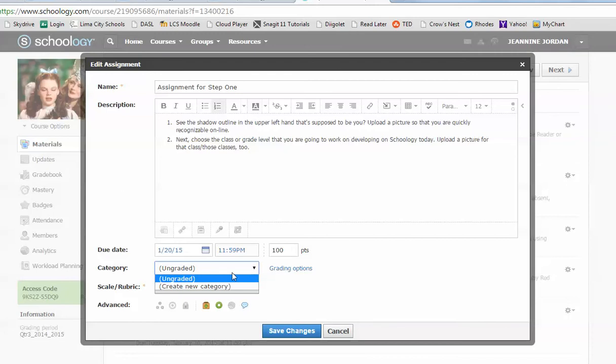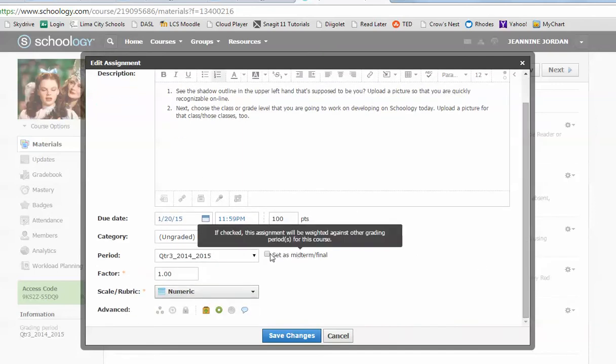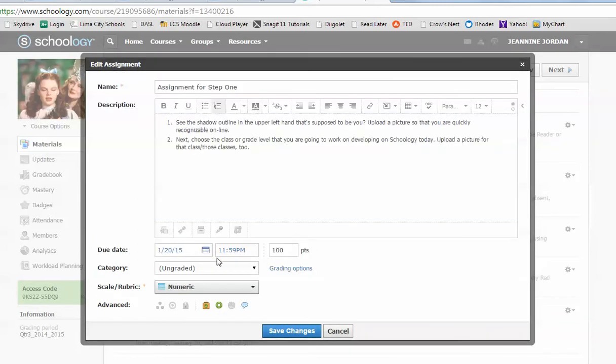And my gradebook can have categories, and so I could have put it in a gradebook category. I could set how many points it is. In grading options here, I can also set it as a midterm, change what grading period it's in, so it gives me those and what the weight of it would be. So I do have all those grading options. Generally, unless you are very sure what you're doing with the weighted grades, you probably want to stay away from that. But whatever you give as the grade will go directly into the grade book, which we'll deal with in